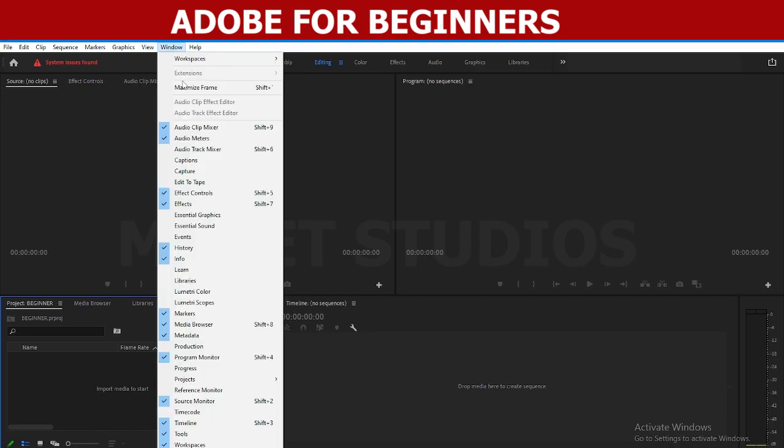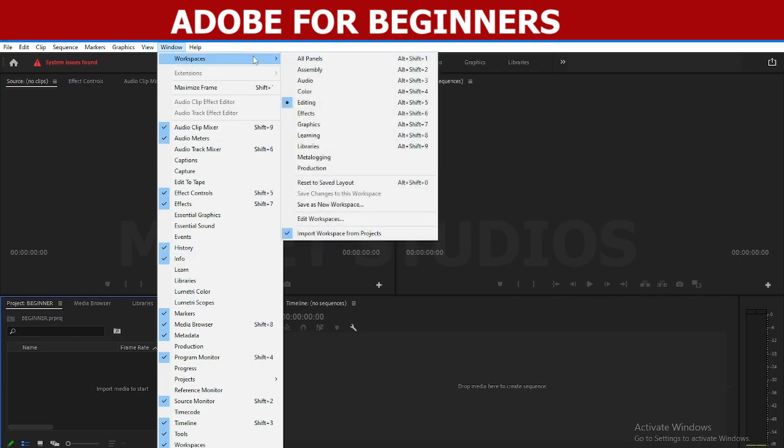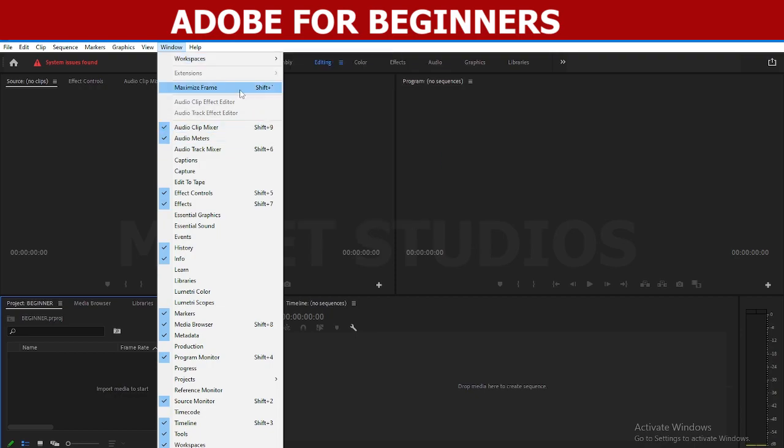Window, this one is another key area apart from the workspace that I explained earlier, where you can come and click reset or save layout in case you mistakenly dragged an icon to where it ought not to be. This place right here contains a lot of functions. In fact, everything that this Adobe editing interface contains, this place right here has it. So in case you are looking for something and you can't find it,